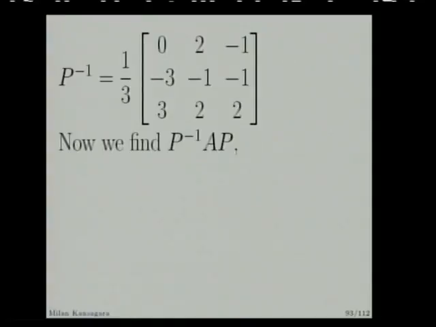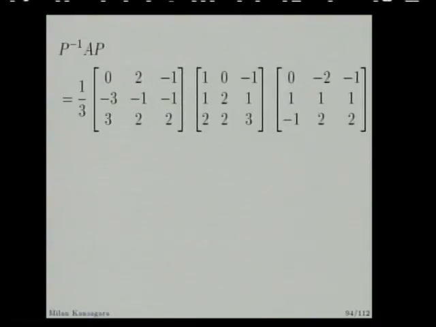Now find the expression P inverse AP. This is P inverse, A, and P. If you find the multiplication, on simplification you will get 1, 2, 3 on the diagonal, which are the eigenvalues of matrix A. See here in P, the first column is the eigenvector corresponding to lambda equal to 1, the second column is the eigenvector corresponding to lambda 2, and the third column is the eigenvector corresponding to lambda 3. If you interchange the order of the eigenvectors P1, P2 and P3 in P, then you will get corresponding changes in the final diagonal matrix.